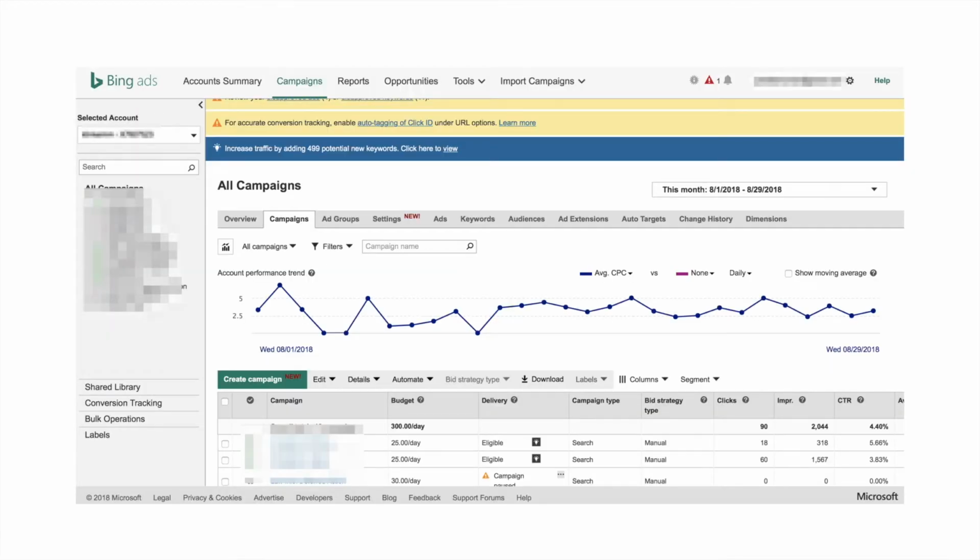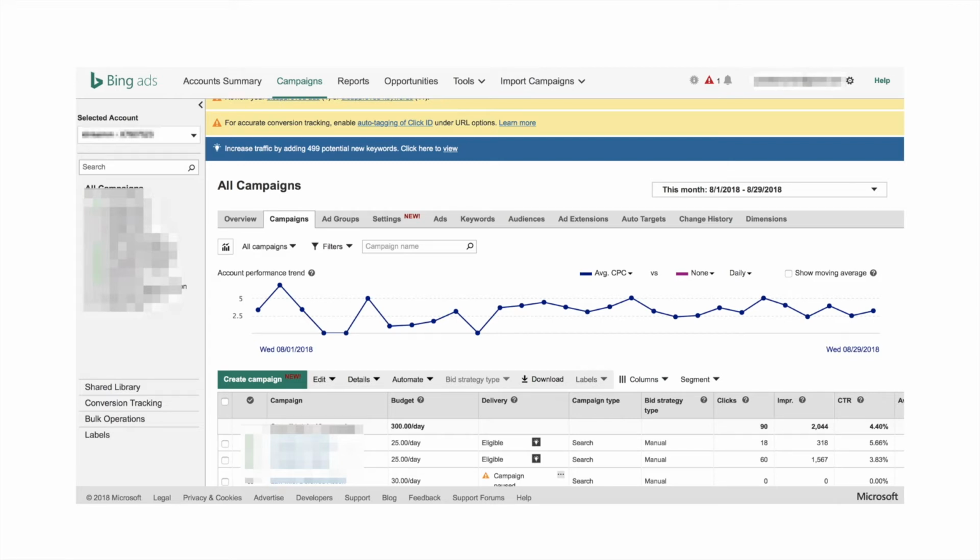And here we're going to take a look at the actual platform. You'll notice it's very similar. On the left, you've got campaigns. You create ad groups, then you put keywords in them, and then you're supposed to write 3 ads per ad group. It's very, very similar, and it works just like Google Ads as far as search goes. There's also a display network, which is much smaller than Google's. You may try to experiment with that as well. I haven't had a lot of good experiences with the display network, but you can always try and see if it works out well for you.